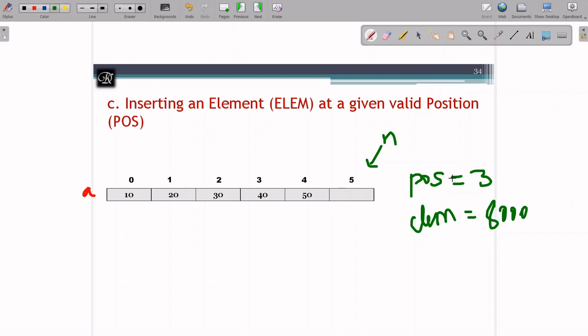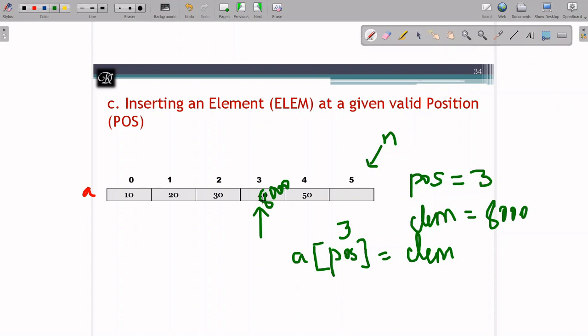So now this 8000 should sit at the place of 40. Now what if I directly store like this? We know how to work with arrays. So this is the array name. How to get the respective position? We'll go with the position POS. And what if I store the value ELEM? Now A is this and the location is 3. If I'm going to store 8000 over here, you can notice I'm going to lose 40. Actually the question demands that we have to insert, we should not overwrite.